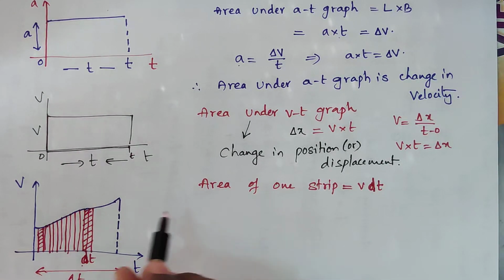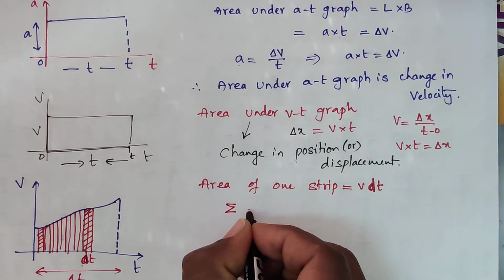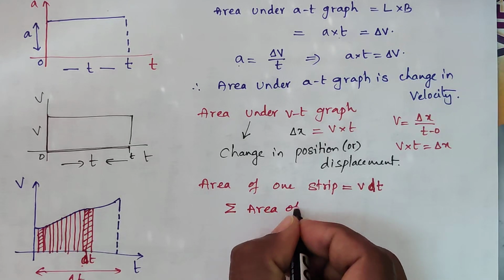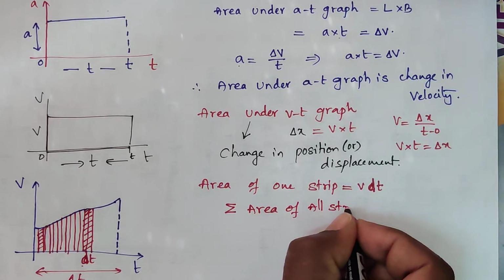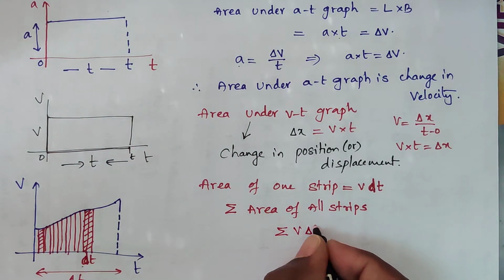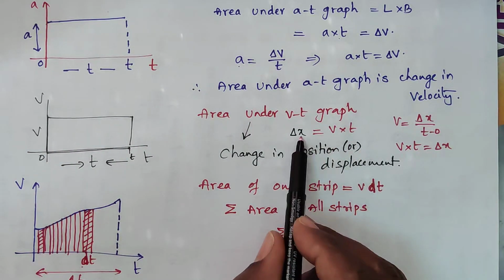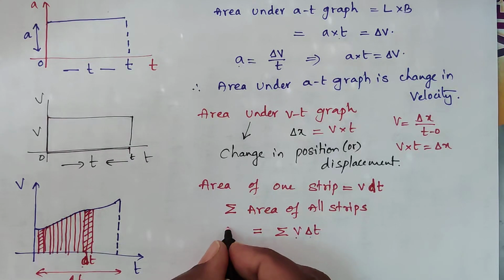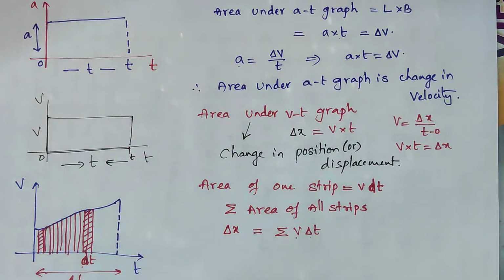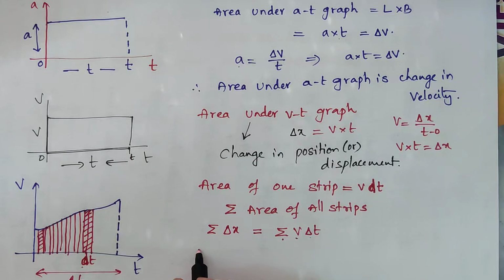Okay, so I want to find out the total area. Total area is nothing but summation of area of all strips. That is summation of v delta t, velocity into time, which is displacement. So delta x is equal to summation of v dt. If you want to get total area, summation of delta x, in that case